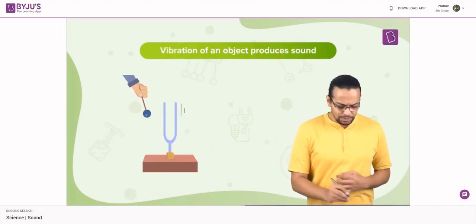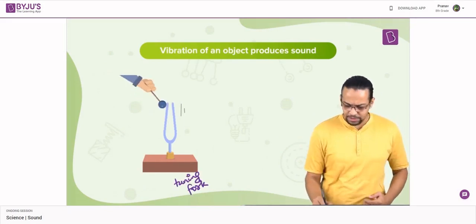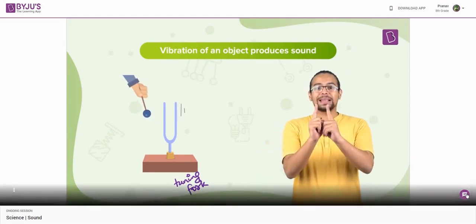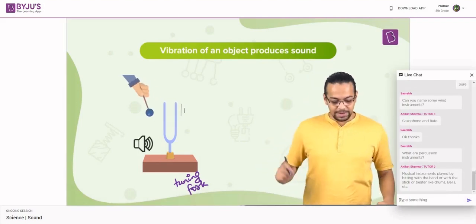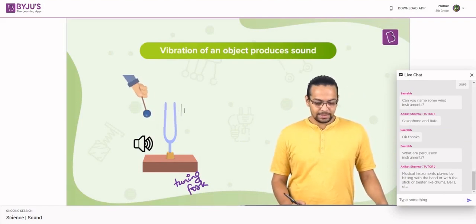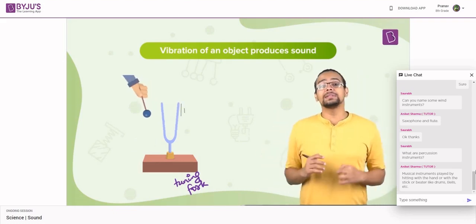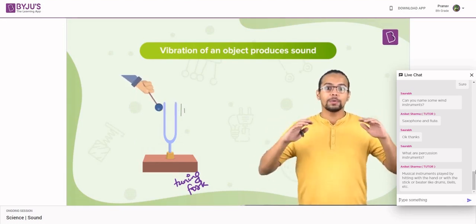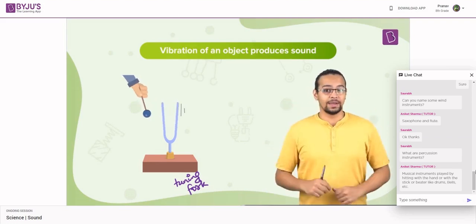Quick closer look at something known as a tuning fork. Have you come across a tuning fork ever, maybe in your laboratories in school? It's a thin slice of metal, right? Now that metal happens to produce a sound when it's struck. Let's just listen to that. That is the sound that's produced by a tuning fork, and every time you strike a particular tuning fork, it produces the same sound. Or at least it sounds the same whenever we strike it, right?